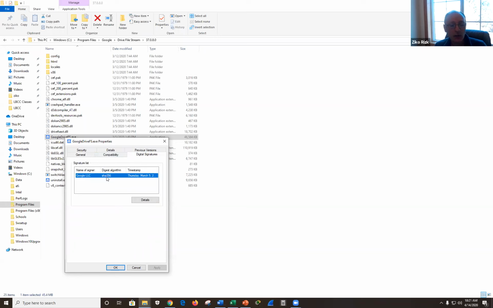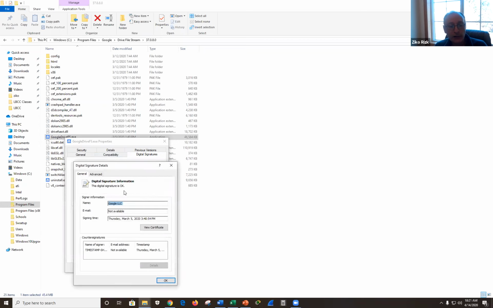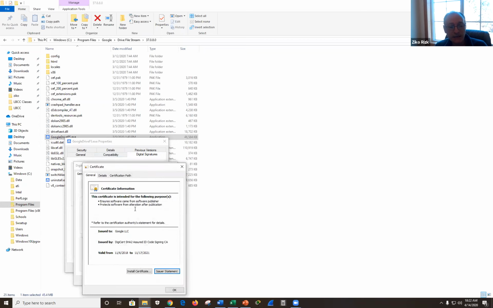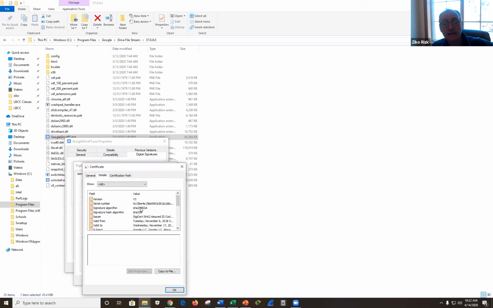This is a hashing algorithm. So this is the algorithm that they used to produce the hash key for that file. And now if we go and look at the details, this is their certificate, and of course, they're not showing us their private key, but that's what they signed that hash key with. They did encrypt it with their private key. So it's a two-step process: generate a hash key and then secure the hash key by encrypting it with their private key. And now at my end, I can decrypt using their public key.